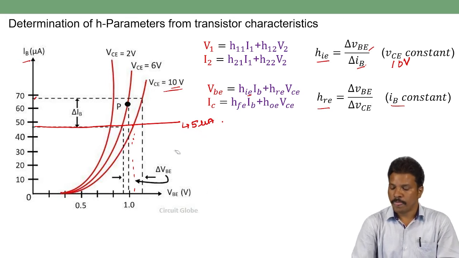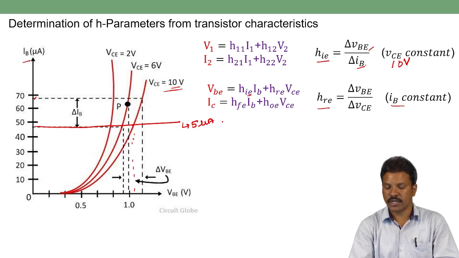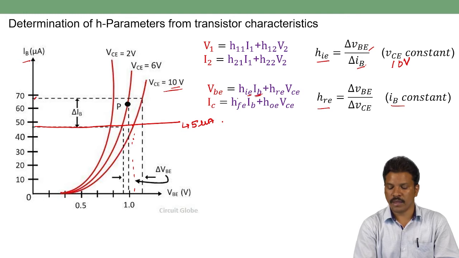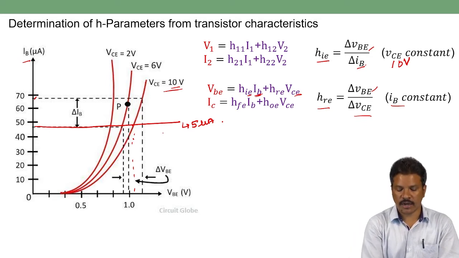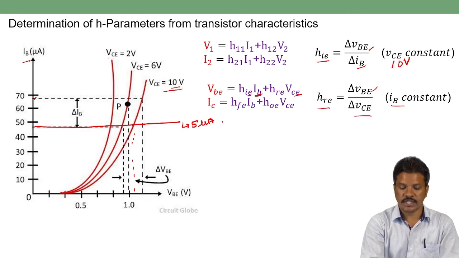Now, what is HRE? HRE represents the reverse voltage gain in common emitter configuration. We can find it out by keeping input current IB constant, and it is the ratio of change in input voltage VBE divided by change in output voltage VCE. So by considering this constant line, what is the change in input voltage and what is the change in corresponding output voltage? When we change the output voltage from 2 volts to 6 volts on the constant